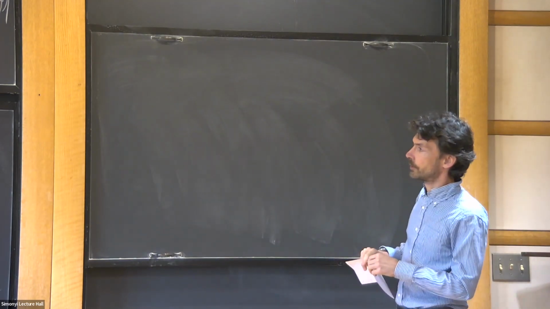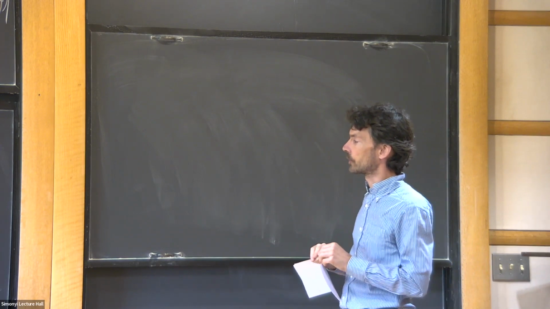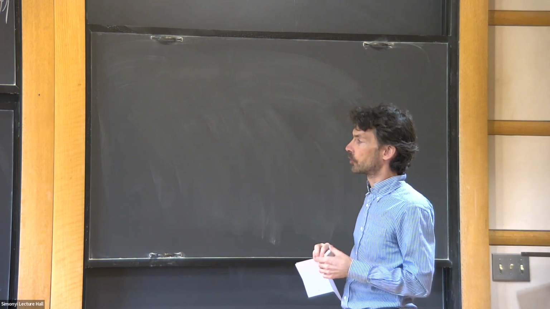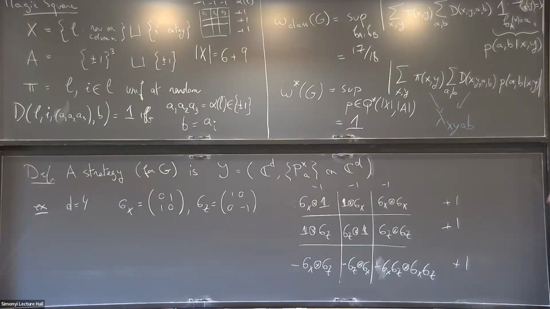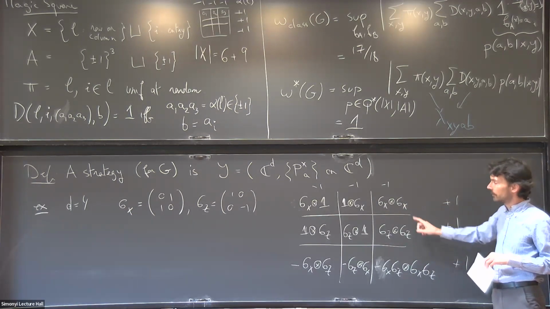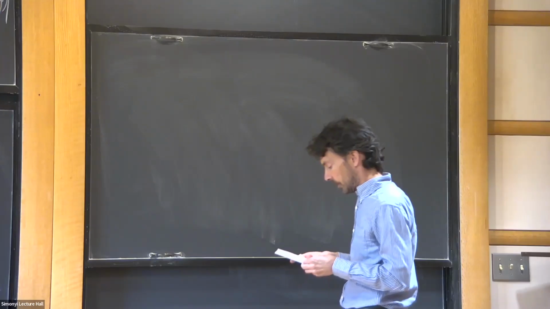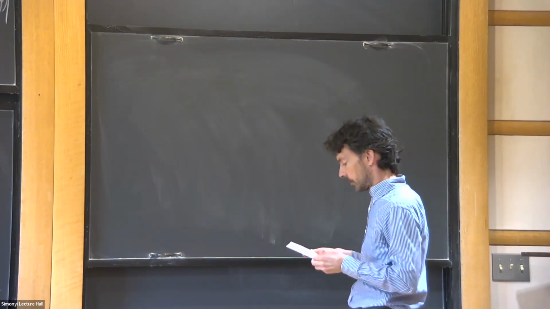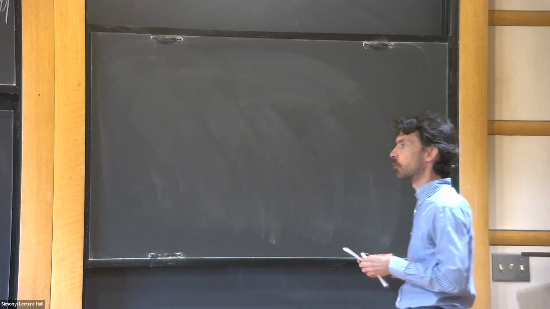Which is what Peter hinted, or in fact, a slightly stronger statement. First of all, we can show that any strategy in that game that succeeds with probability 1 needs to have dimension at least 4. Moreover, we can show that it must be basically unitarily equivalent to that strategy. Let me just give you a few lines about how we do that.